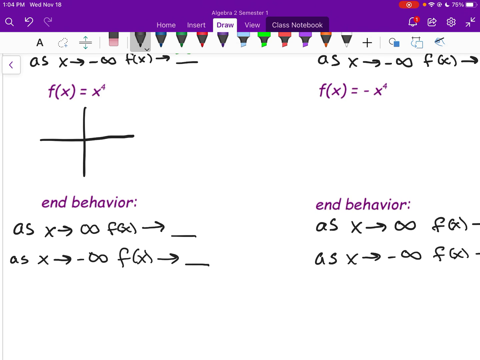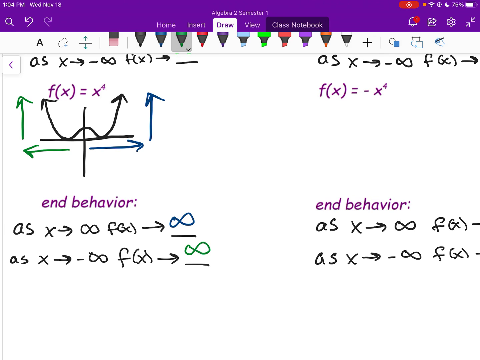These have the same end behavior as quadratics. Now, in these cases, we're just going to have more turning points throughout the function. But the end behavior is the same as a quadratic. So in this case, as x approaches positive infinity, f of x is approaching positive infinity. As x approaches negative infinity, f of x is approaching positive infinity. So when it comes to these quartic functions, again, like I said, the end behavior is the same as